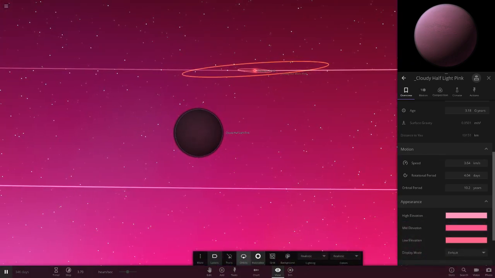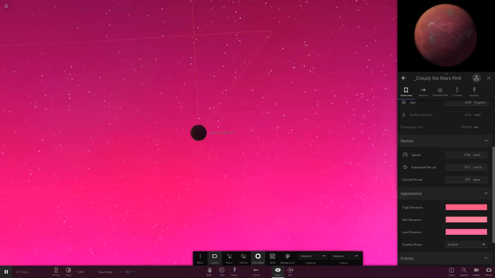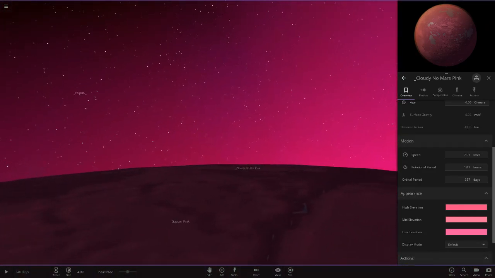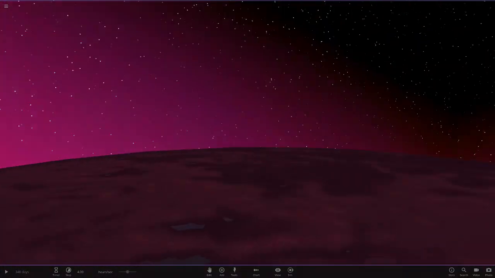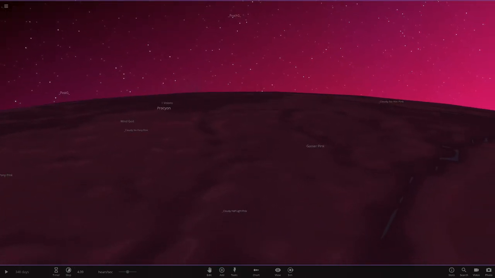So then also if we disable the orbits, you can see the pink gasser just over there. But if we go to the objects that are actually closer, so we'll go to the Mars pink one here. We'll go ahead and land on this one. Right, then we just have to spot our pink gasser. So where is it? Anywhere around? Let's close the menu. Trying to spot it. There it is. So gasser pink is there. So let's see if we can...